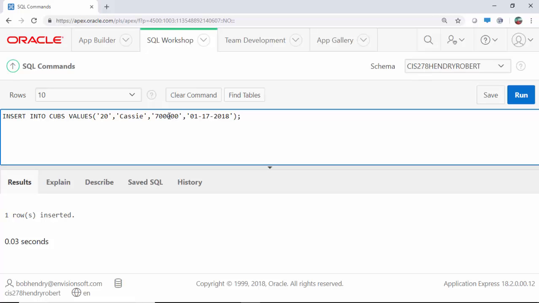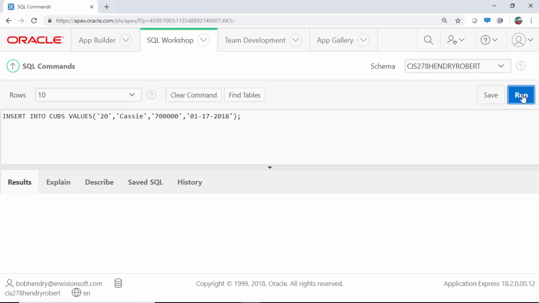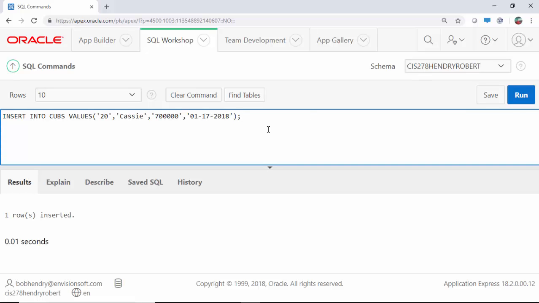Let's see. It doesn't matter what it is as long as we cite it correctly. She's making $700,000 a year. She must just be starting. Wouldn't it be nice, for like a minimum wage? And she started again on the 17th of January, 2018. So we run this, and this works too. Now this goes against what I just told you, that when we're doing the insert statement,